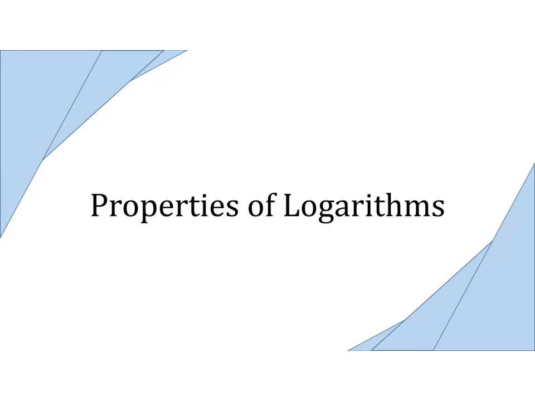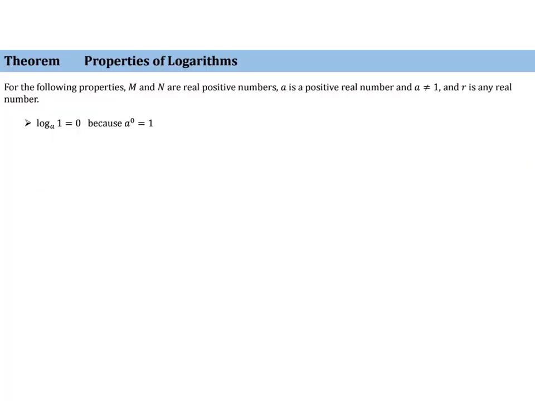Because exponents and logarithms are related, and we know that there are properties of exponents, there are likewise properties of logarithms. So let's take a look at them. So, if we want to take log base a of 1, the result is 0, because if we rewrite this logarithm